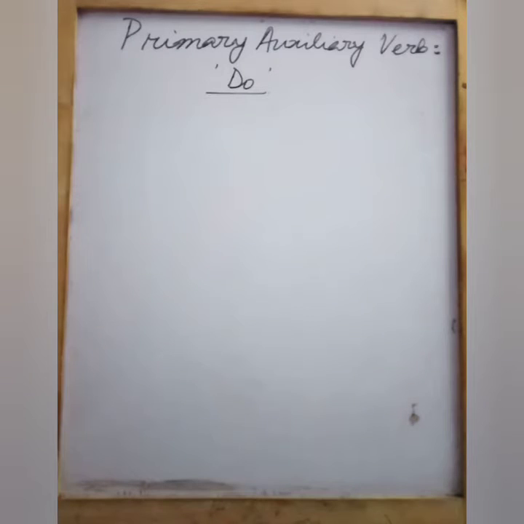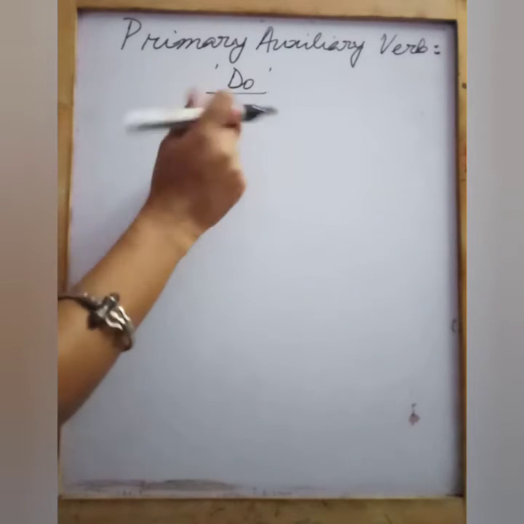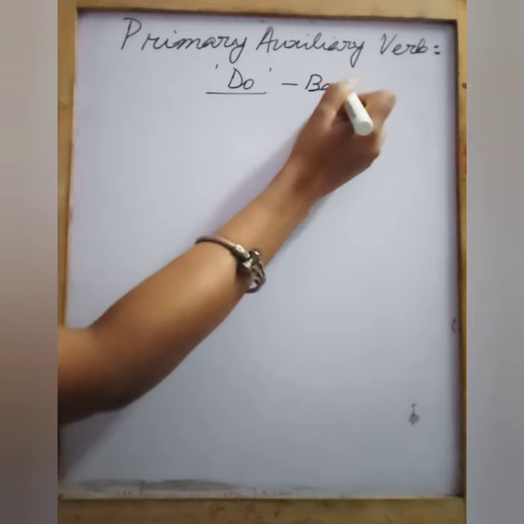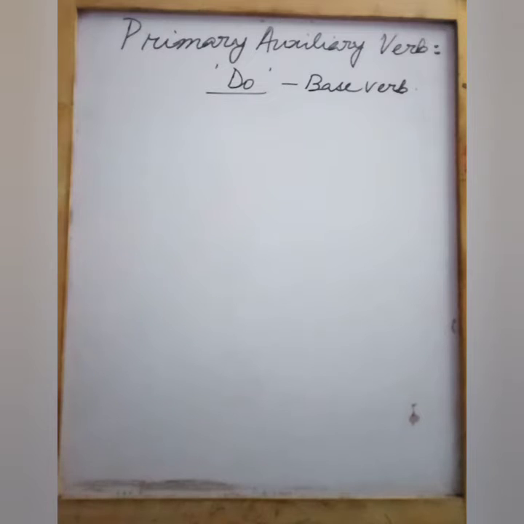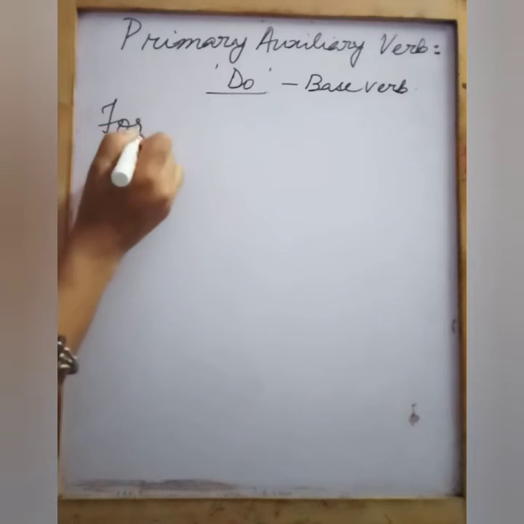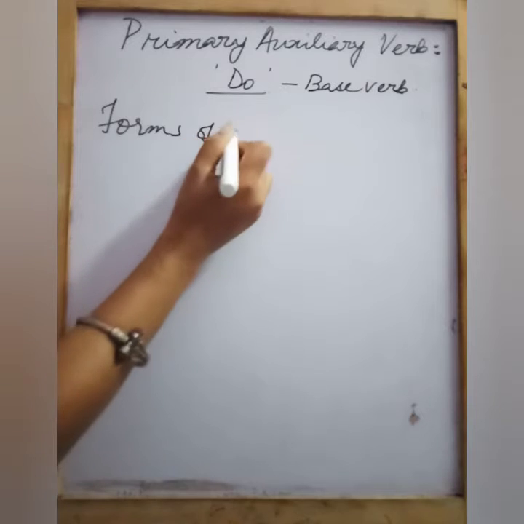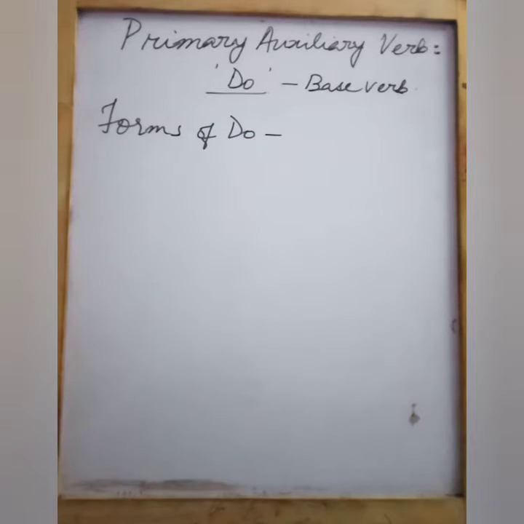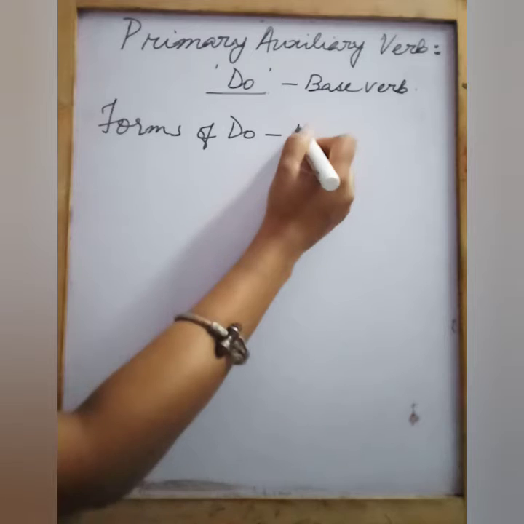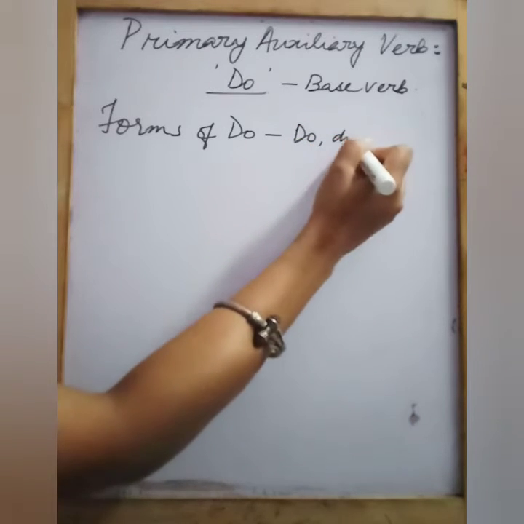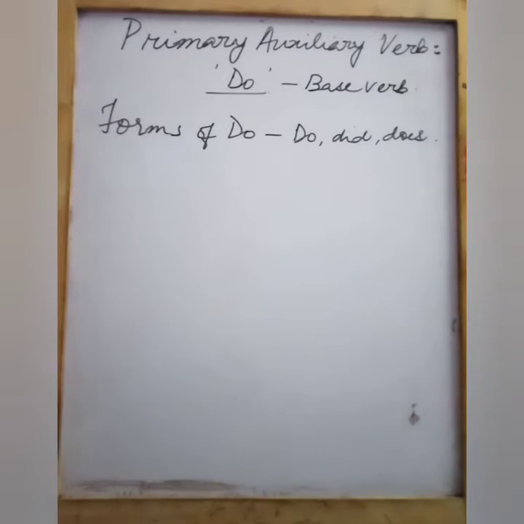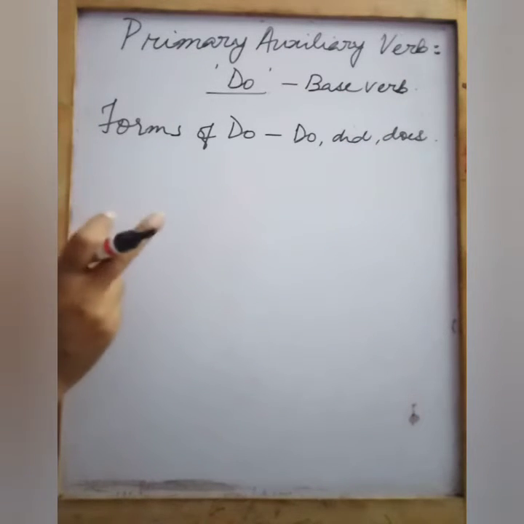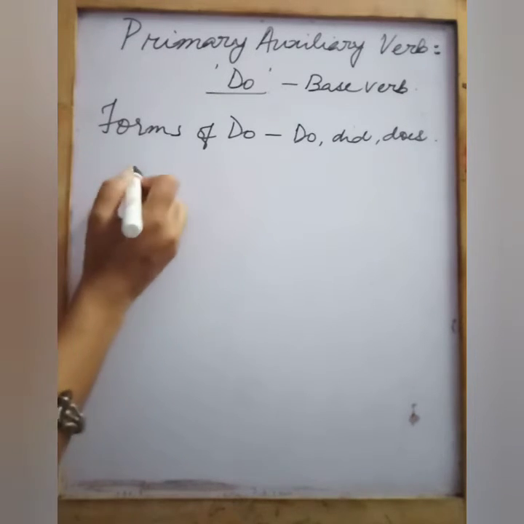So let us begin. Now see, do is the base verb. This is the base verb or the parent verb, you can say. Fine. So what are the forms of do? Let's see the forms of do. The forms of do are do, did and does. Fine. Now just like have, do also can be used both as an auxiliary verb as well as a